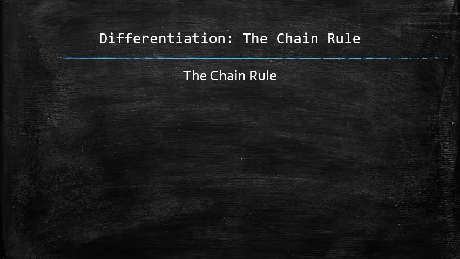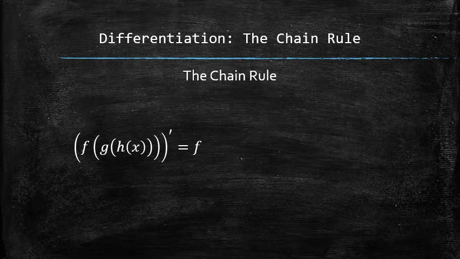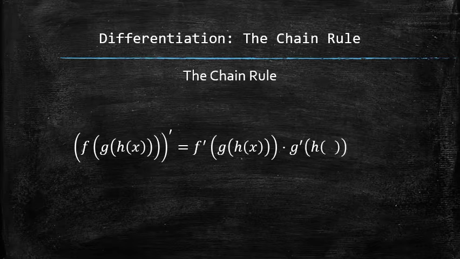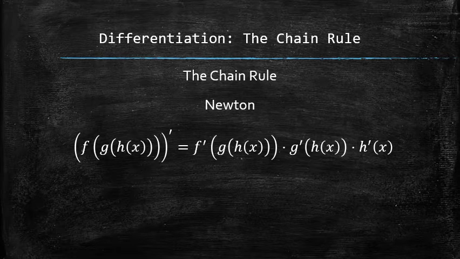The chain rule can be applied for compositions of any finite number of functions. Here is the rule written for three functions in Newton notation. The goal is not to memorize the rule but to understand the process, and the chain rule written in Leibniz notation is actually very intuitive.